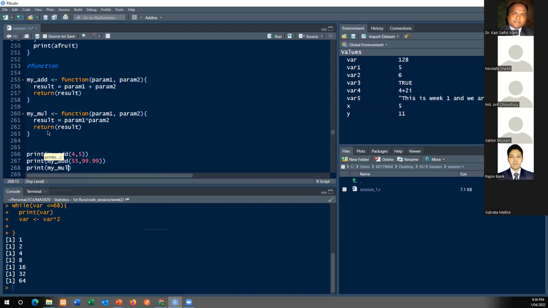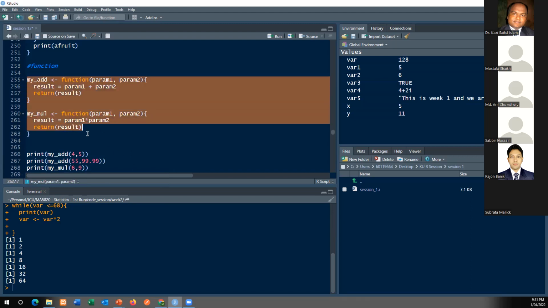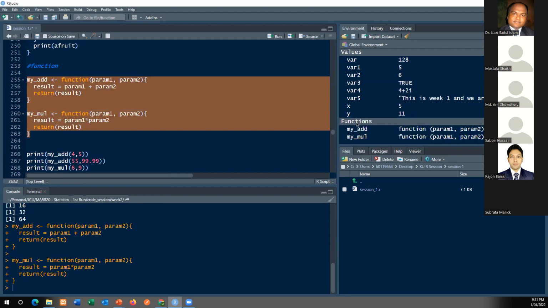I have not run this function yet. Say 6, 9. Okay, we will be running this. So let me run this code. What happens here? You can see once I have run this code, the computer has loaded that I have